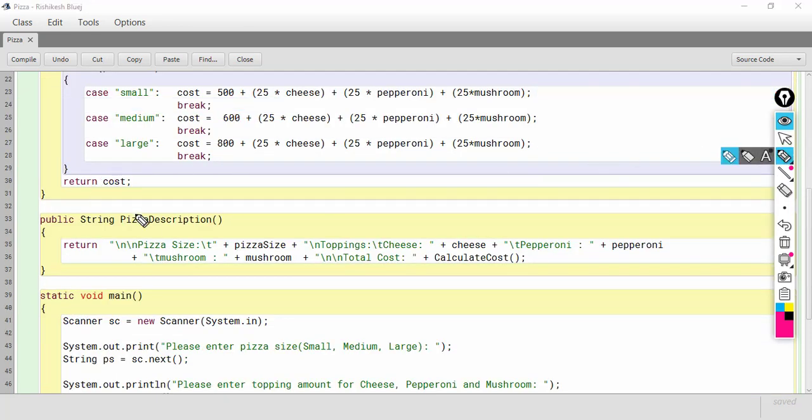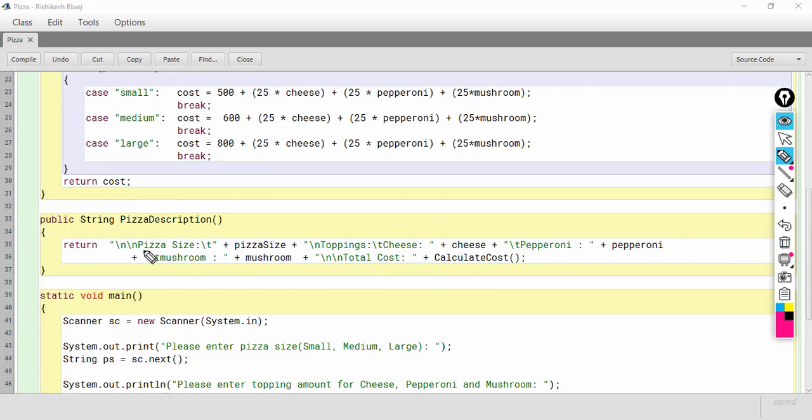Then I've got this pizza description function, which will return the type of pizza, the number of toppings, and finally it will show the cost also. Now notice the return type of this function is string, because we will return the entire description as a string.